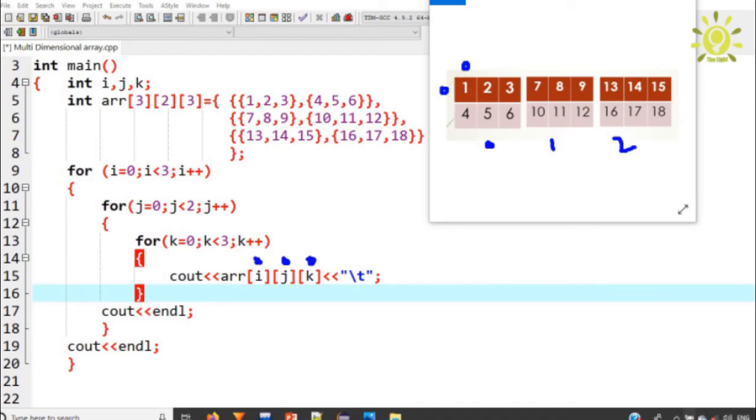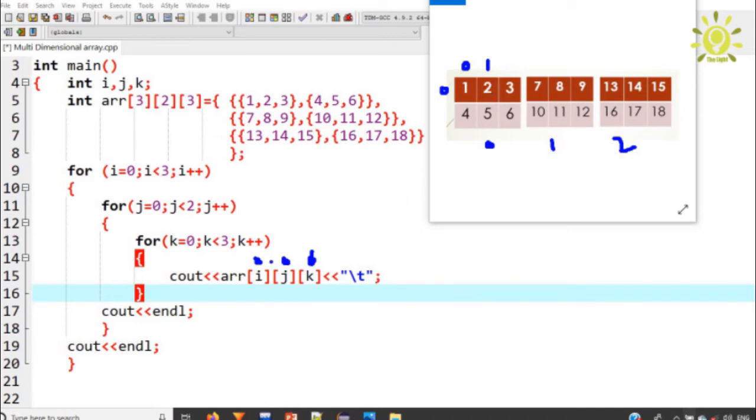So in the last we have 0 value, so due to increment it will be changed into 1. So 1 is less than 3, condition will be true. So guys, here again the control moves into the body, and here i holds 0 and j holds 0 but k holds 1 value. So here you can see that 0 dimension, 0 row and 1 column. So this one value will be printed on the screen.